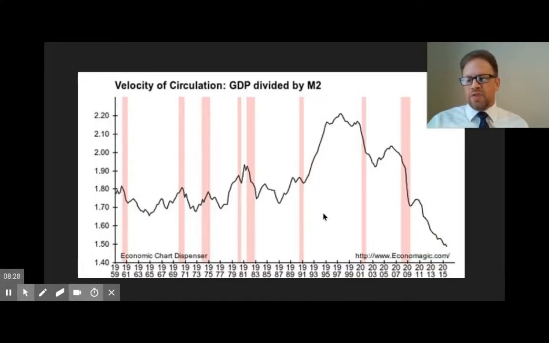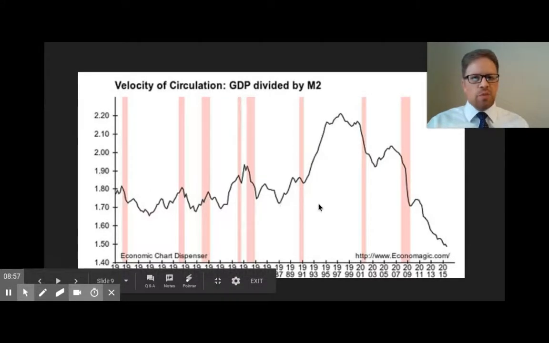And the velocity of circulation means the number of times that the average dollar is spent on final goods and services. So if you have a $10 bill you spend at Walmart, that $10 bill probably doesn't go straight to the bank. It probably will go to another consumer that's getting change, and then they're going to spend that money somewhere else, and then that business is going to have that money now, and then it gets exchanged with someone else. So the same $1 is probably going to change hands multiple times. That's what's meant by velocity of circulation.